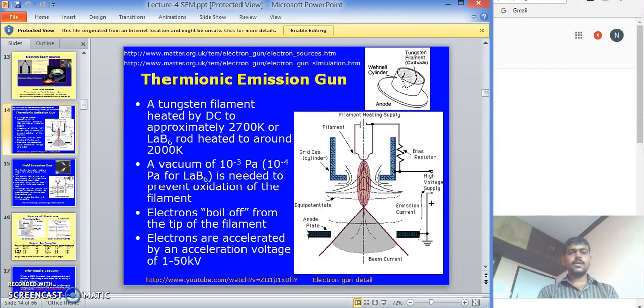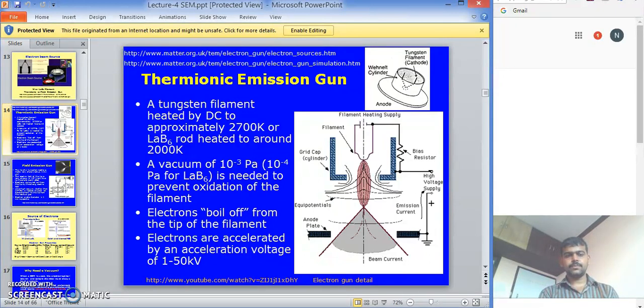The thermionic emission gun uses a tungsten filament heated by a direct current to approximately 2700 Kelvin, or a LaB6 rod heated to around 2000 Kelvin. A vacuum of 10 raised to minus 3 Pascal is needed to prevent oxidation of the filament. Electrons boil off from the tip of the filament and they are accelerated by an acceleration voltage of around 1